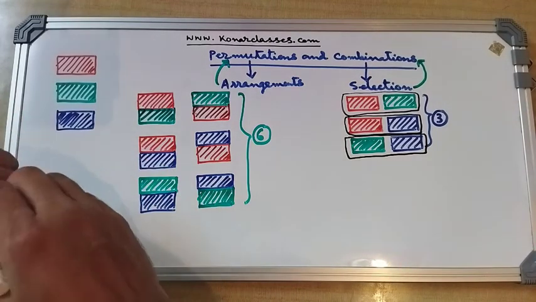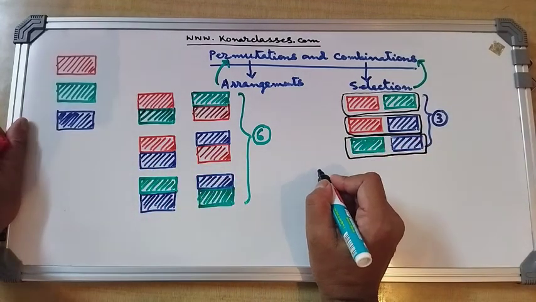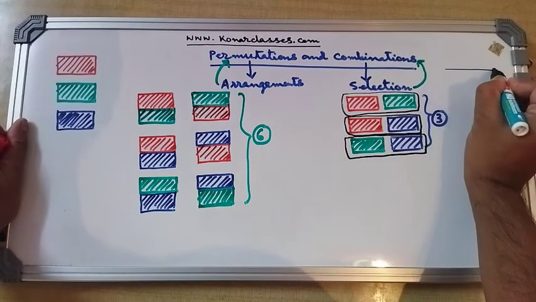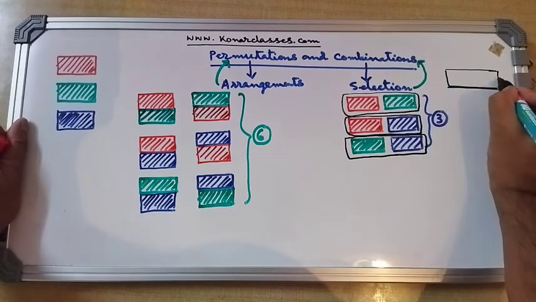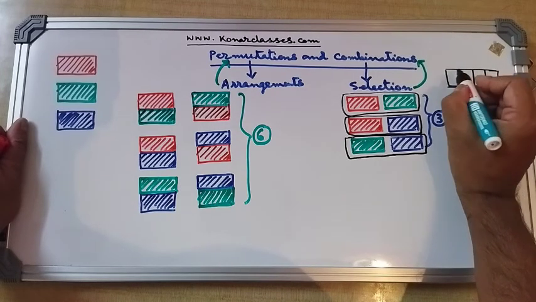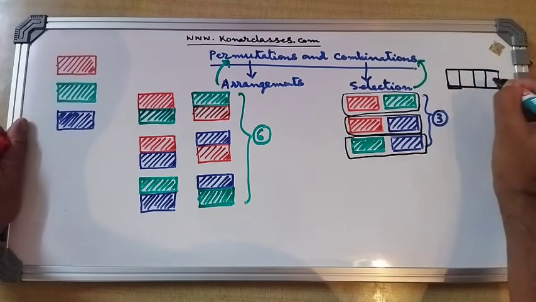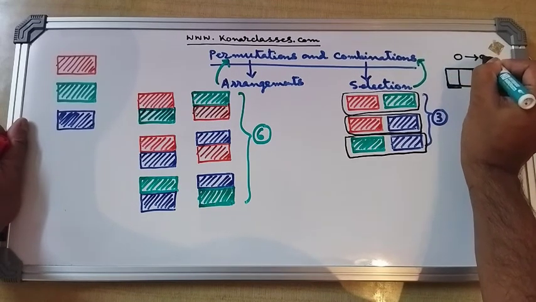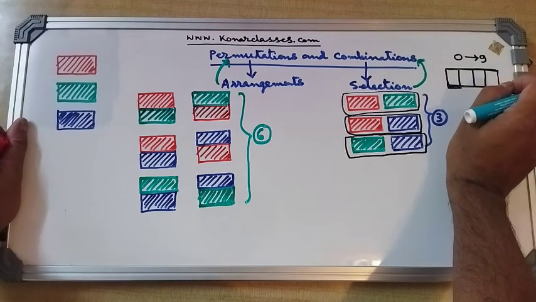Let us think that we have a suitcase. If you recall, many suitcases are now available with a lock, and that lock is a number lock. Suppose it is a 4-digit number lock, and in each of these cells you can set a number from 0 to 9. Any number you can keep here, and then you can fix it, and that becomes your number lock.